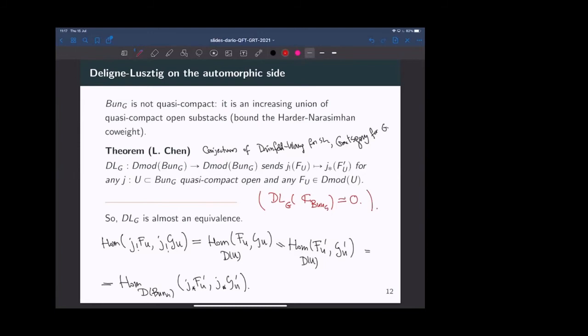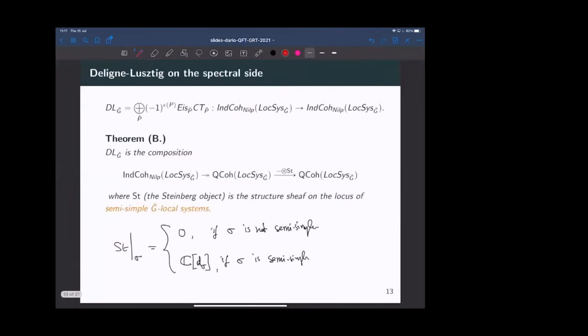Now we can go in the other direction. We still think that this functor is almost an equivalence in view of this computation. It means that on extensions from something finite, it is fully faithful. And so this functor also must be the same. In fact, it's a theorem that we will not use, again in the same paper that I discussed, saying that the Langlands functor restricted to the finite object of local system G is fully faithful.